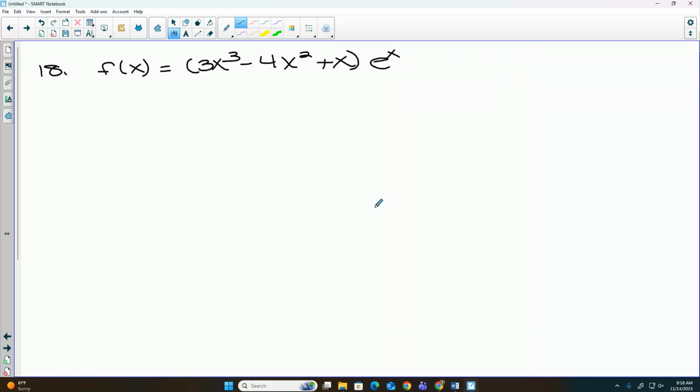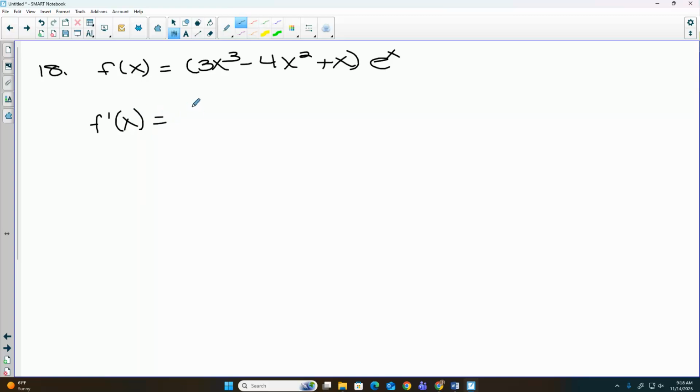Okay, so this one, I'm again asking for second derivative. Label, so you know when you have the first and when you have the second. Even if I distribute my e, that's not going to help me, because then I just have to do the product rule 3 times instead of just once. The reason we have to do the product rule is there's x's in this parentheses and the e has an x with it. So,